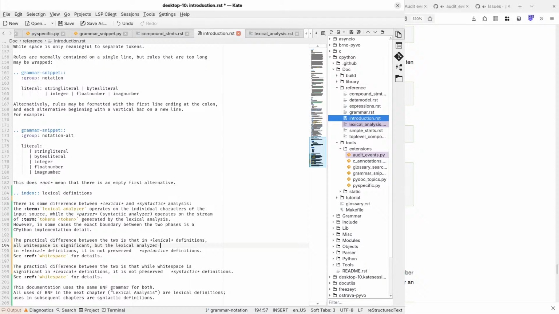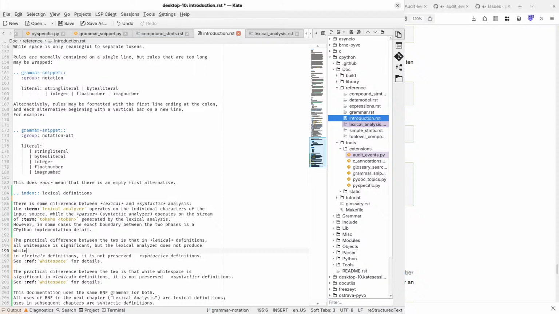Yeah. The lexical analyzer. Maybe something like the lexical analyzer only produces tokens from some whitespace and throws the rest away. Something like that. The lexical analyzer does not produce whitespace tokens, but instead converts, maps, what have you, significant whitespace to its behavioral